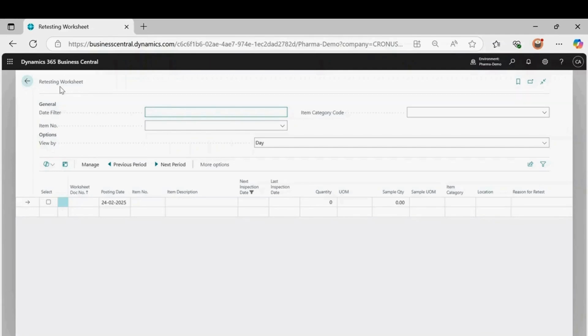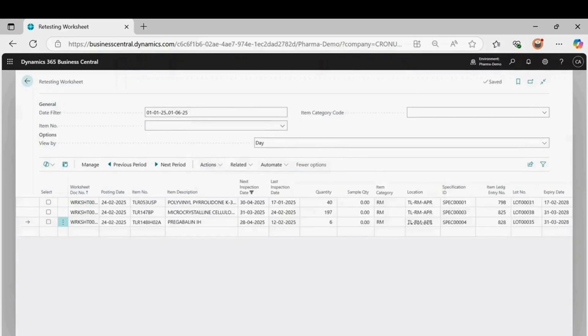Our system by default takes today's date when this retesting worksheet is opened, and will showcase all the items that need to be tested today. But if any particular user needs to know the retesting items within a particular date filter, then we can just add the filter over here and then click on suggest retest items. So the system will populate all the items that need to be tested within this time frame. The system will also tell you when this was last done and when the next due date for this